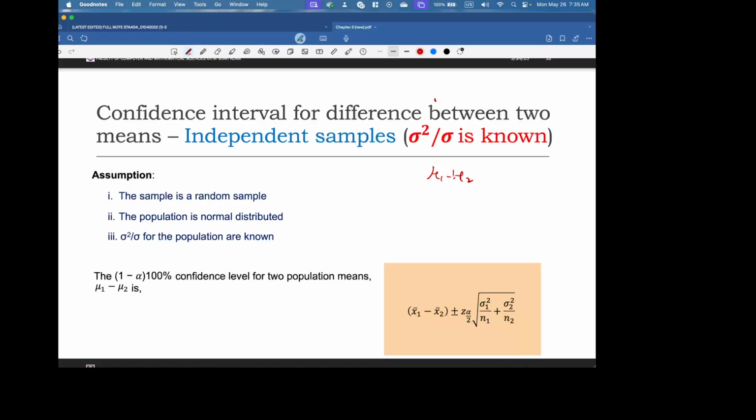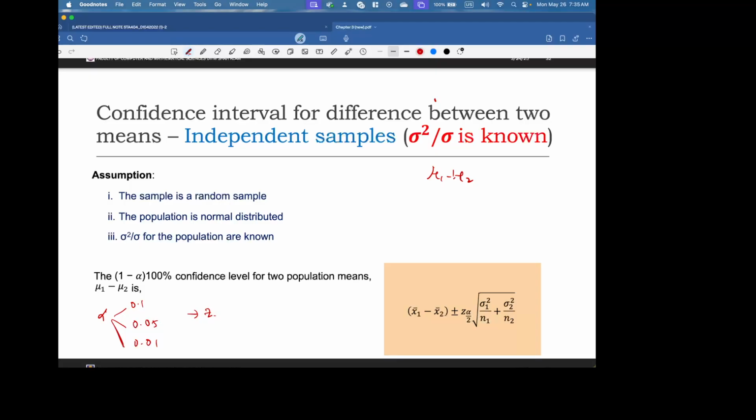And the concept of confidence level is still the same. It means that we have alpha 0.1, 0.05, 0.01 or others. But these are the common alpha values, the values given by the question. Alright. And when the cases arise, you have to find the z